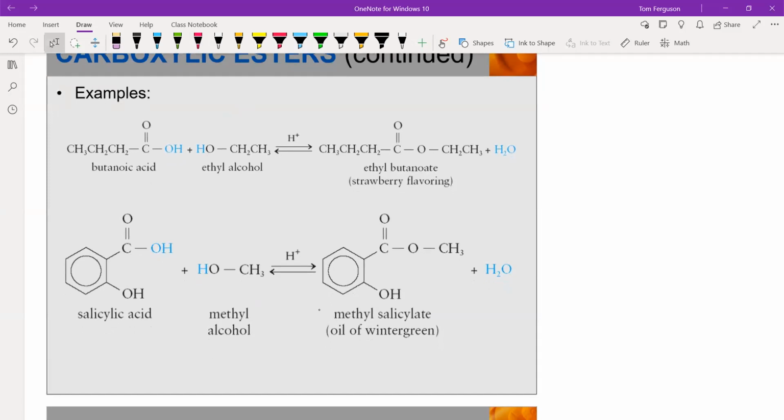Okay, so let's take butanoic acid, 4 carbons, ethanol, 2 carbons, and this guy is going to go there. So we end up with